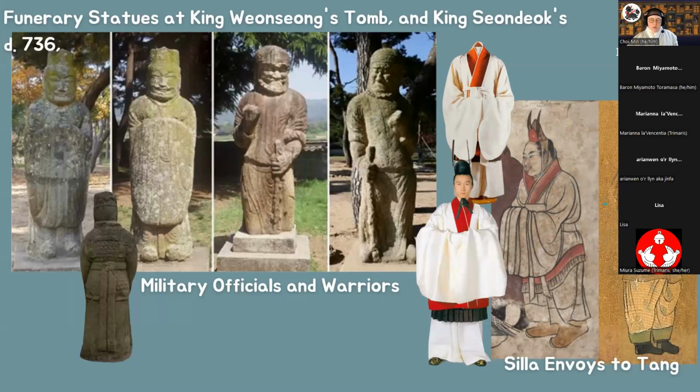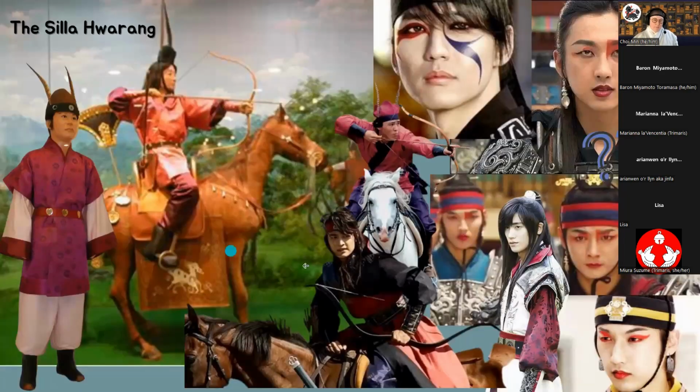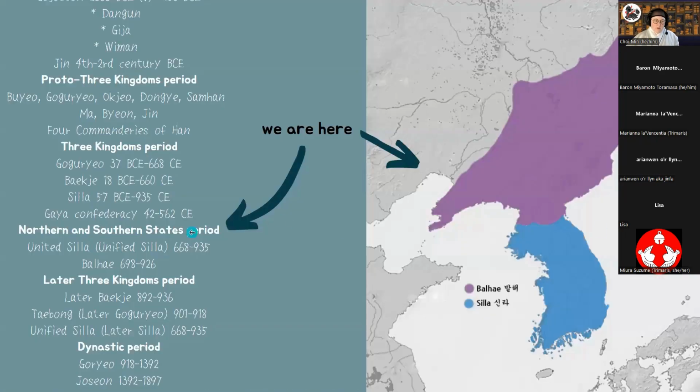And so it could be that this is just what the artist thinks Silla dynasty men looked like all the time. But I don't know if the hair actually would have been down like that. So anyway, that's why into perpetuity we always see their hair down for no good reason. So it gets in their face while they're fighting and stuff. So anyway, we are here.